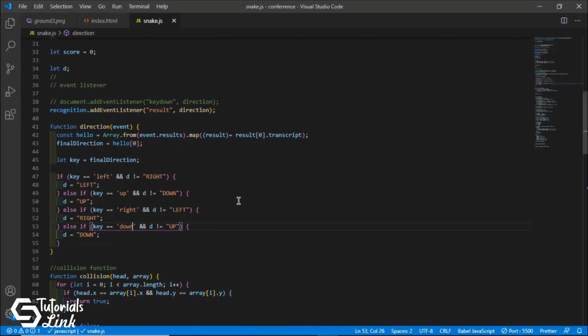So simple, okay, fine, we now do not need the key code. Now we need just what we have said from our speech recognition. Fine, so far so good.